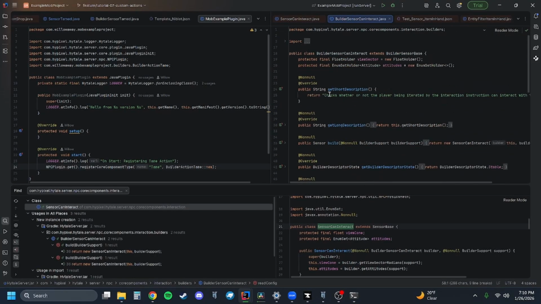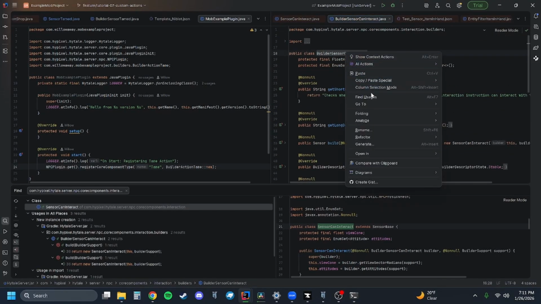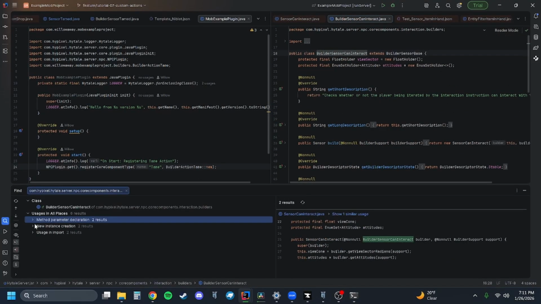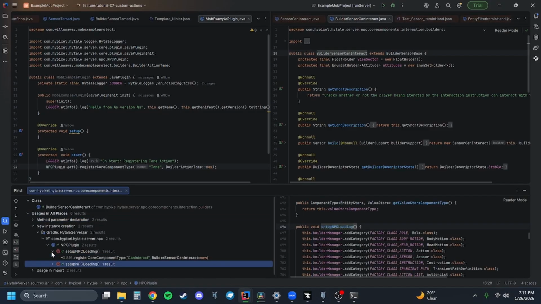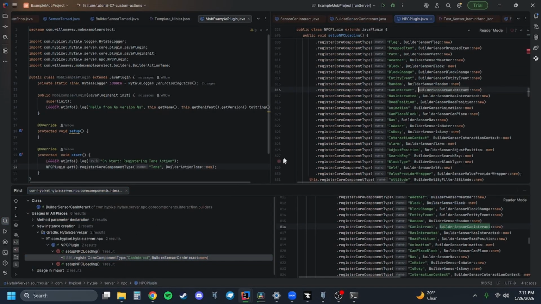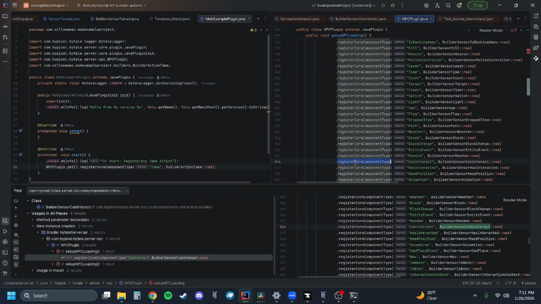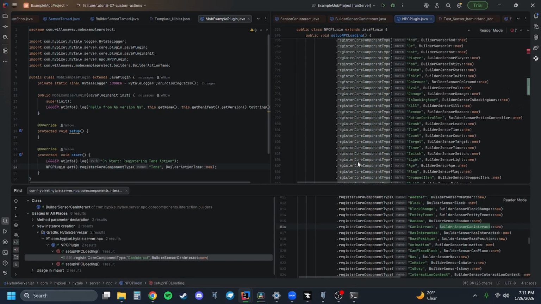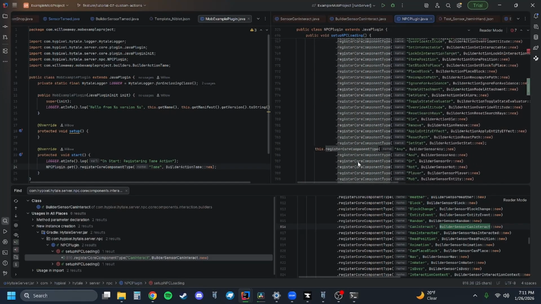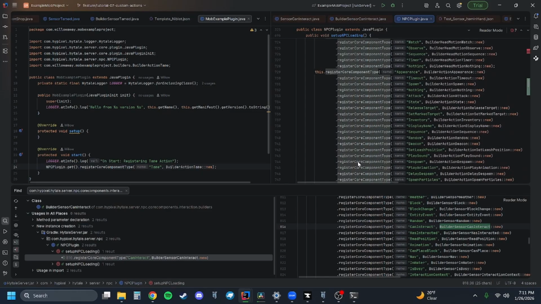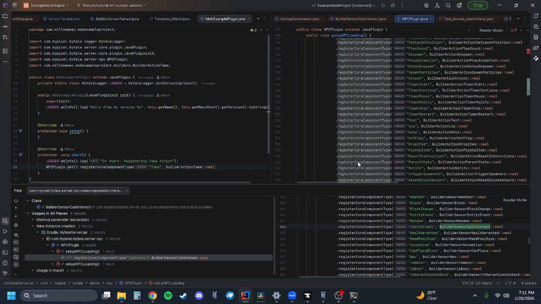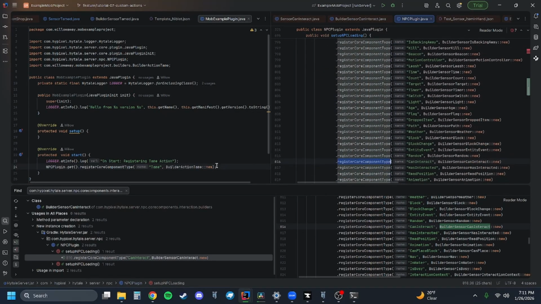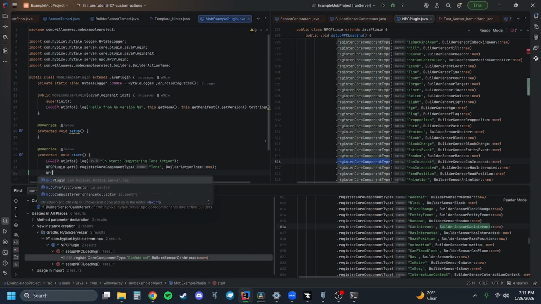We need the builder. So we register the builder, we don't register the sensor. It looks like they called register core component type. So it's going to be npc plugin get register core component type, and we're going to call this